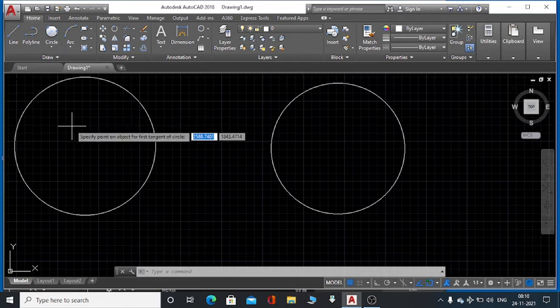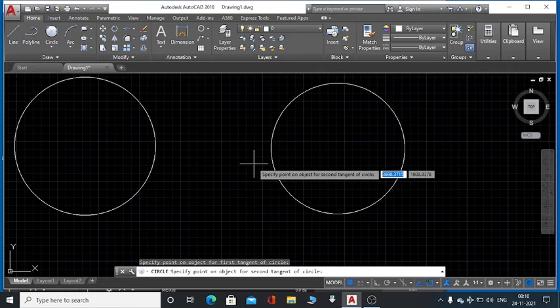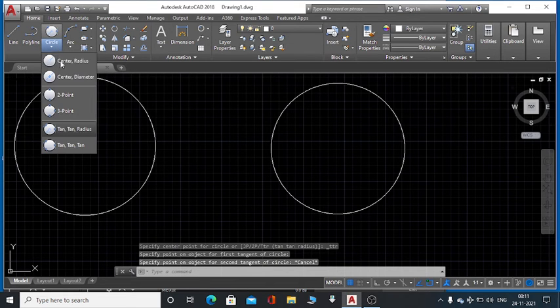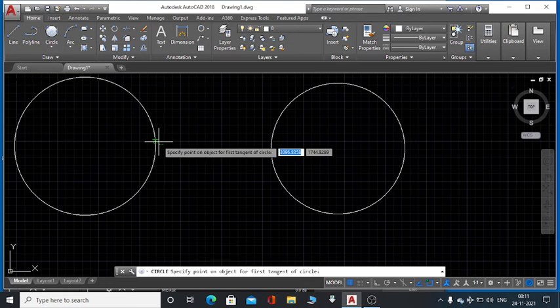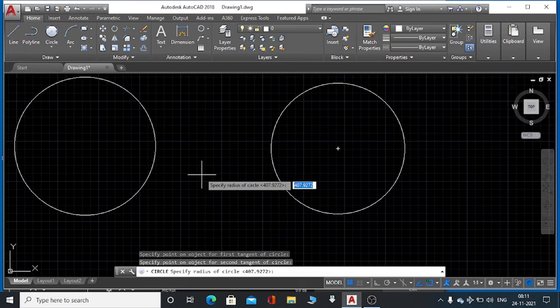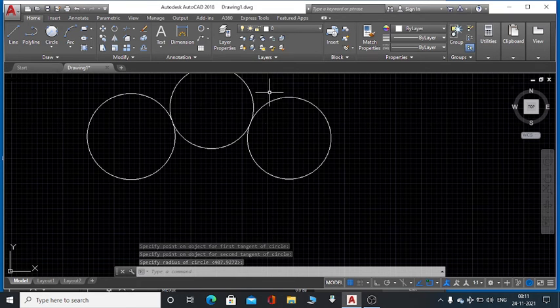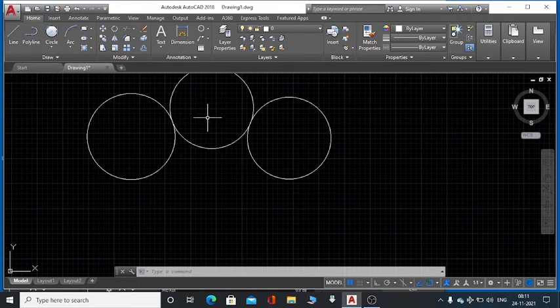Suppose tan-tan-radius, specify this, radius 407. Okay, this one. This is the circle that we created by the tangent of this one and this one, and the radius is 407.